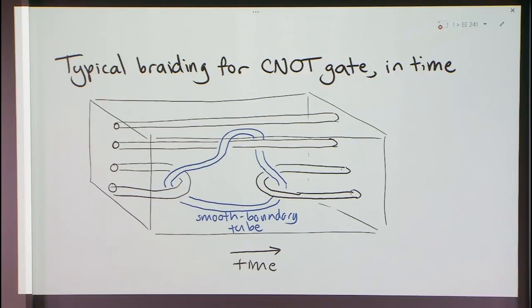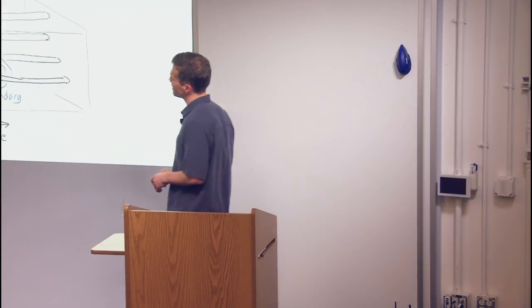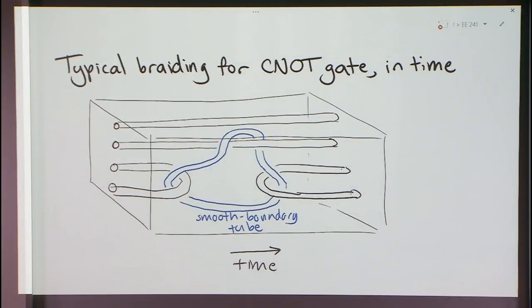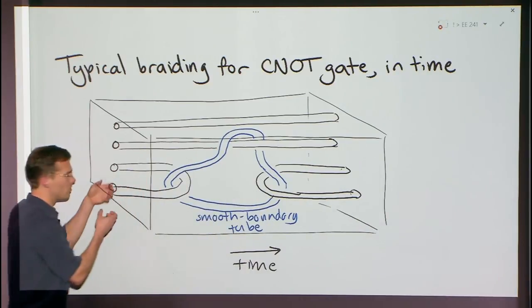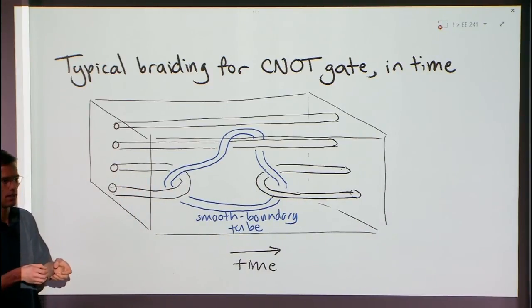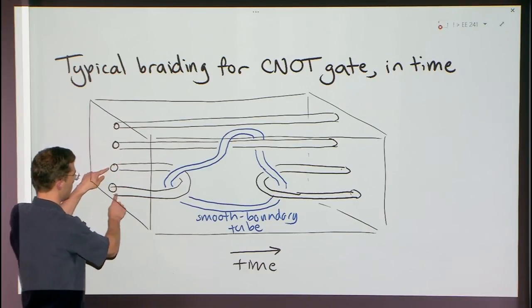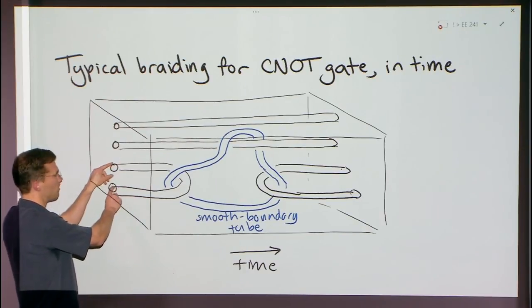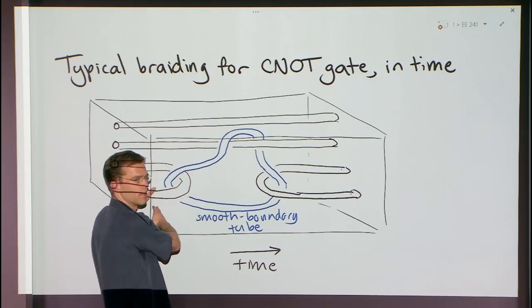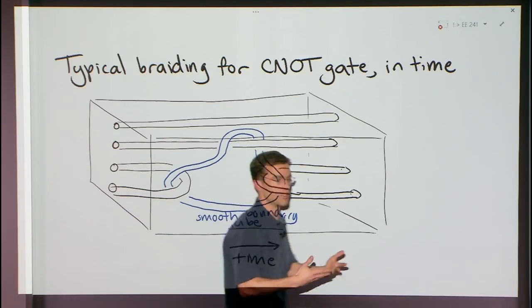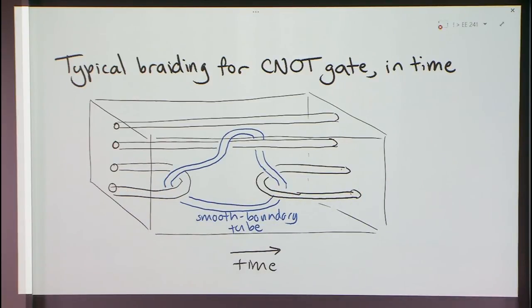Well, what you've drawn at some point has 6 holes. You have holes that are created and destroyed. I know. It's because of this issue. I've only told you how to implement a CNOT from a rough hole to a smooth hole. But what if you want to do a smooth to a smooth, for example? In that case you have to change the smooth qubit into a rough qubit encoding. And the way you do that is, here's a smooth qubit, you just wrap around it a rough qubit, and that implements the identity operation. One has to check this. It implements the identity operation, but it changes smooth to rough.